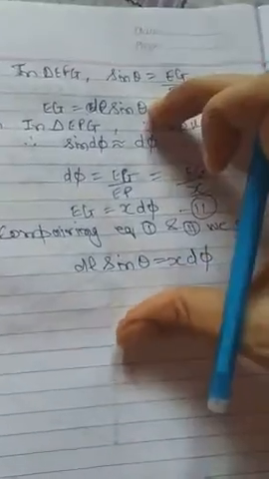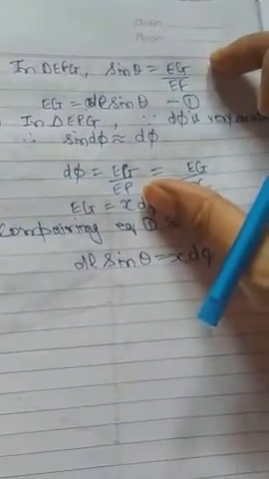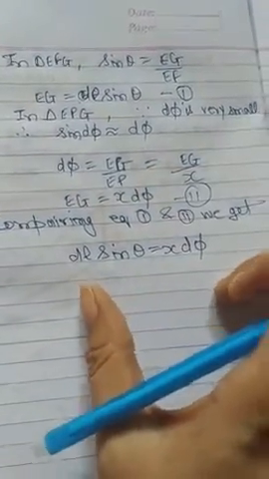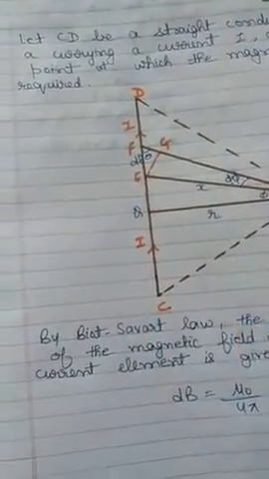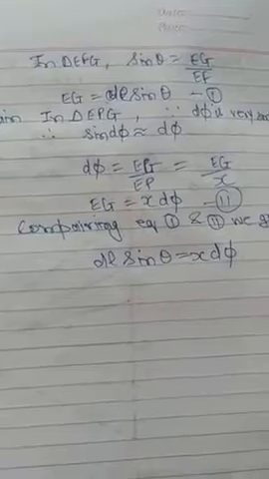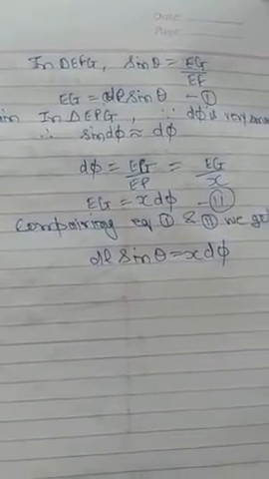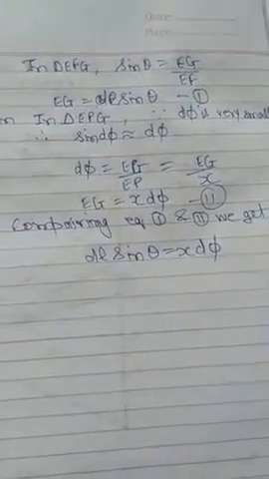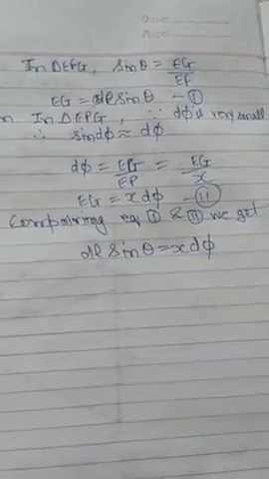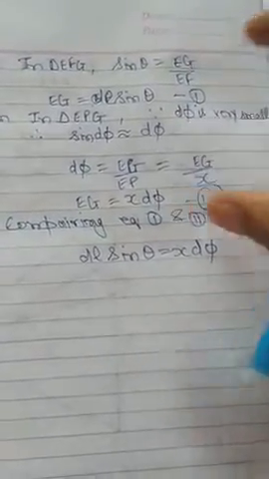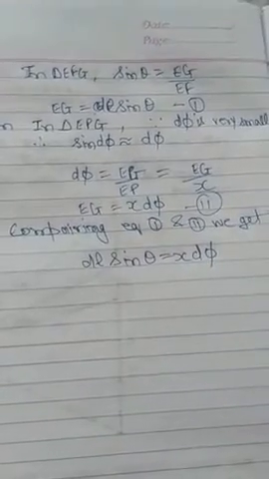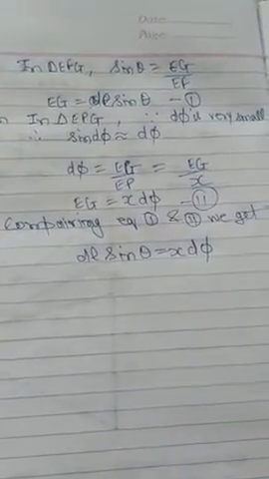Clear? Now this whole step that I have done, no need to do it in the examination. You can do it directly, writing in triangles EFG and EGP. Because you are doing the derivation, I am explaining it. For the bio student and also for the math student, it is important to know how we replace DL sin theta by x d phi, because in the book it is directly given that DL sin theta is equal to EG, equal to x d phi. That is why I am explaining this step. You can skip it in the board examination when you are doing the derivation, otherwise it will become quite long. For your notes you can write these steps.